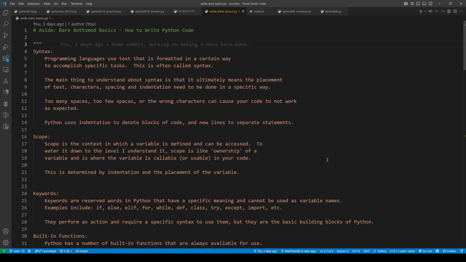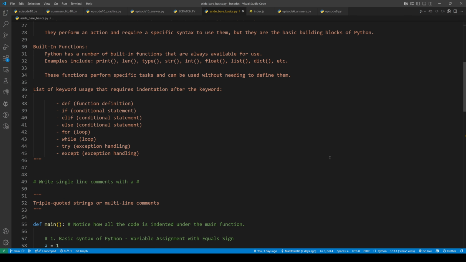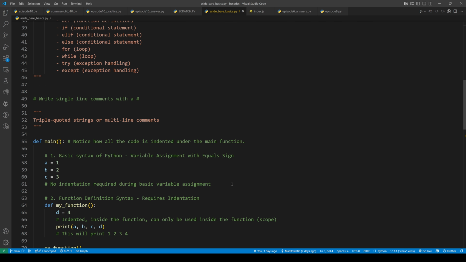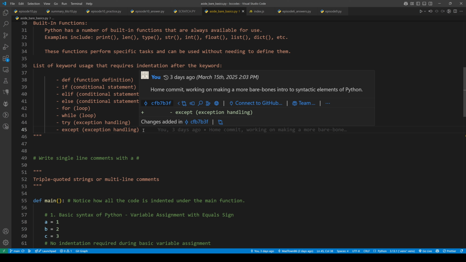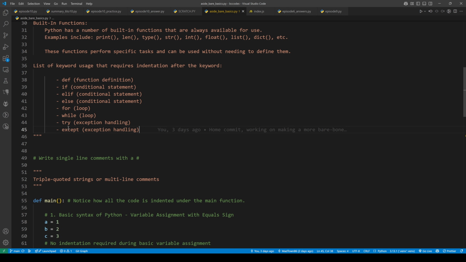A few things to note are just how Python's core syntax differs from other languages. So largely it relies upon indentation to outline which code belongs under which element. I've summarized here for you the keywords that require indentation afterwards, meaning that code belongs underneath this, and will run